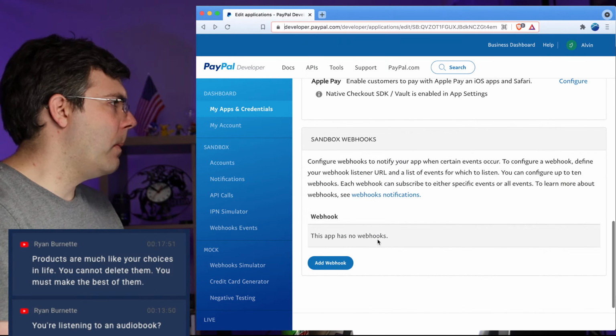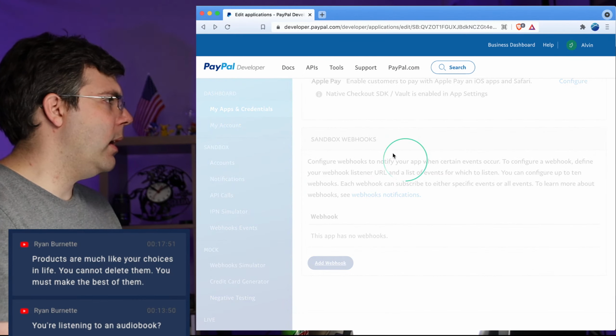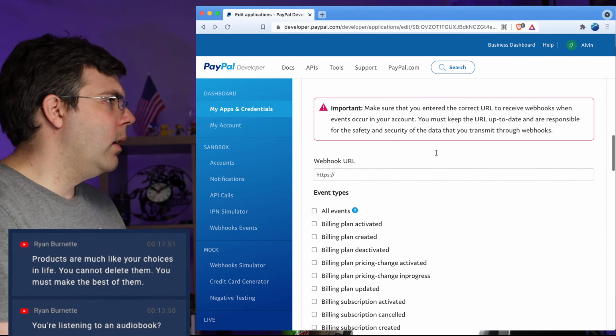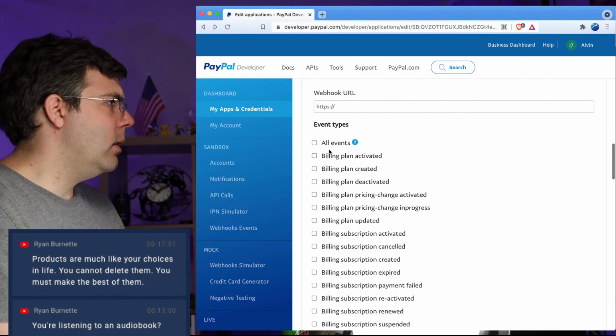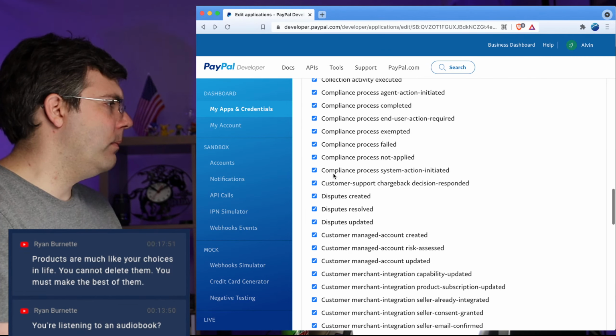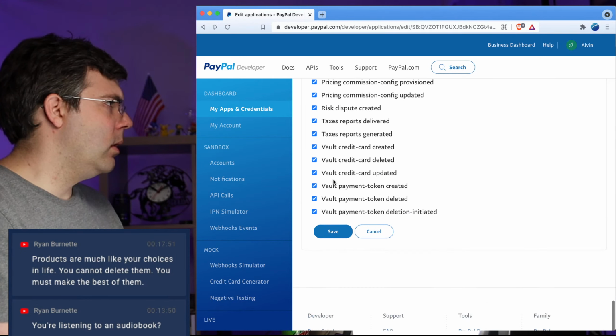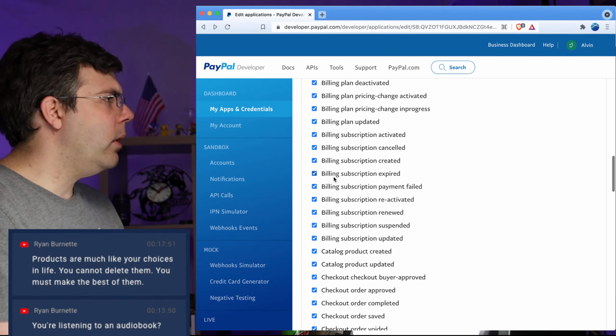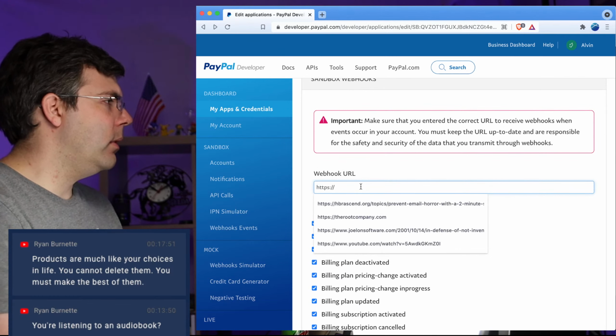Okay. So down here, this is where we want to add the webhook. Make sure that you entered the correct URL. And I don't know how you authenticate these. That's something I'm still not clear on.